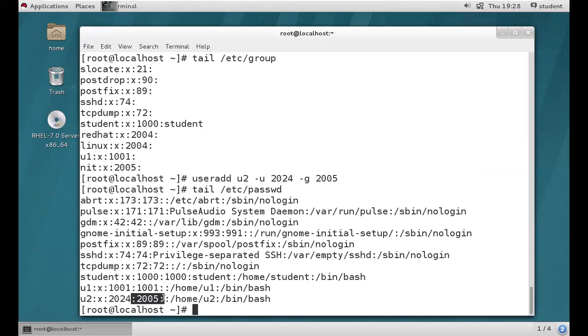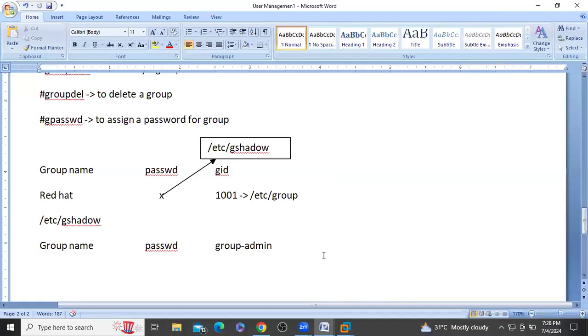If you try to provide some new group ID, it won't accept. It is going to give an error: there is no such group. Clear, guys? So I hope you got it: how to provide the primary group for a particular user account. So clear? How to delete the groups?